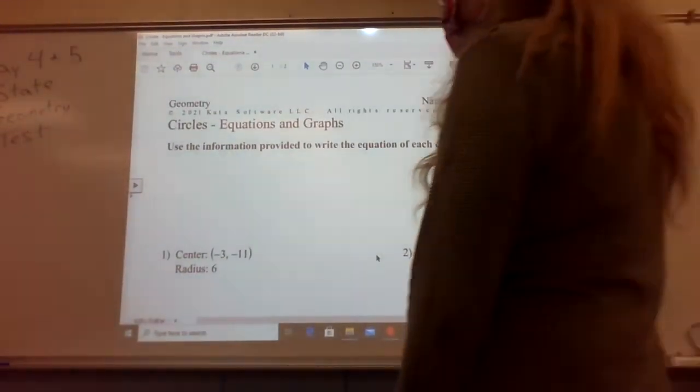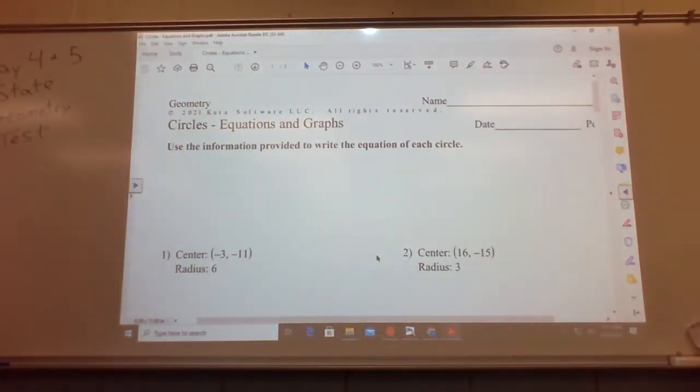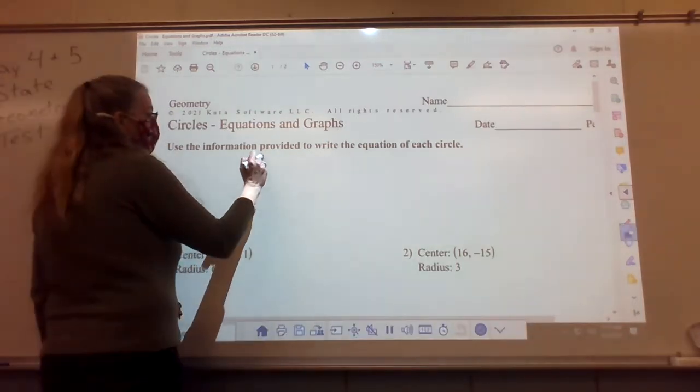Okay, now we're ready. So, if you remember clear back to algebra, we had an equation of a line in slope-intercept form. y = mx + b. So you plug the slope in, you plug the intercept in, you end up with an equation of a line. Same thing with a circle. We have an equation of a circle. The equation of a circle looks like